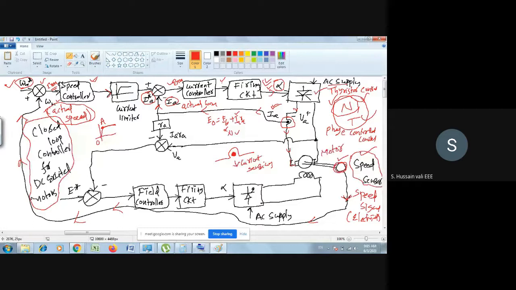The AC source is coming, and the firing angle alpha is coming from the firing circuit. Both combined are required for the phase control converter to generate plus or minus DC.